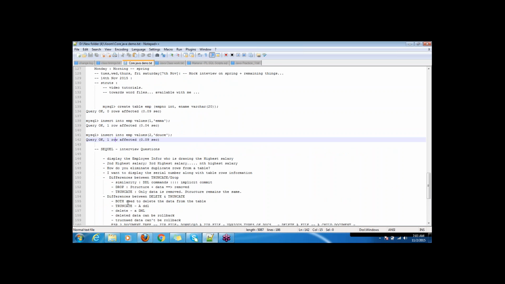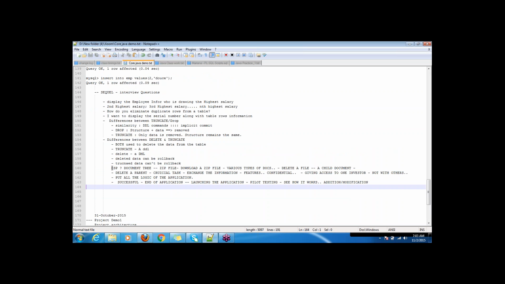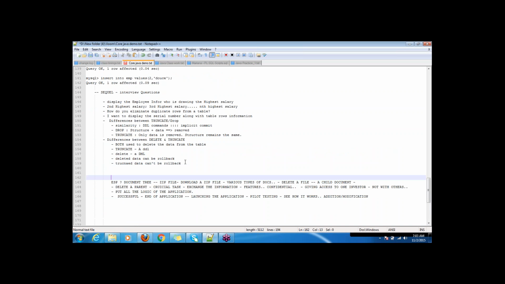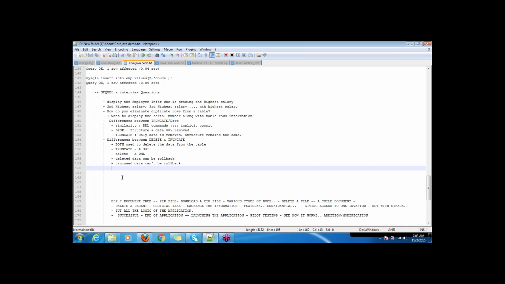SQL interview questions. Delete, truncate we have gone through. I believe you can see the screen, right? Yes. Right. And when we get to joins,